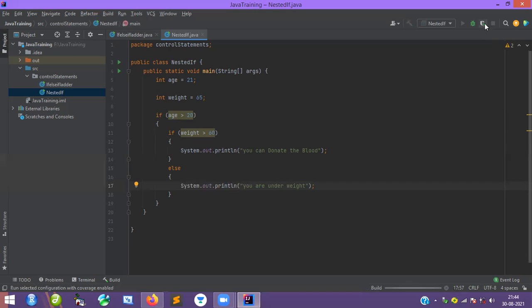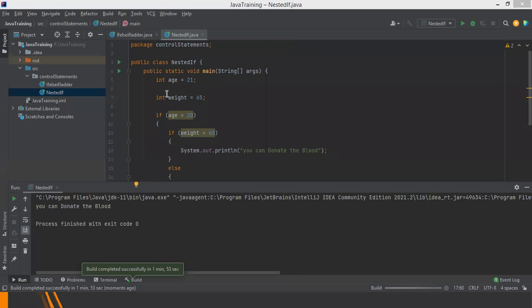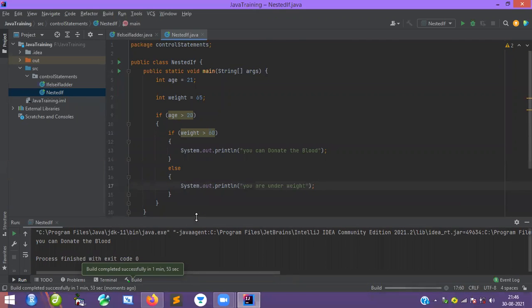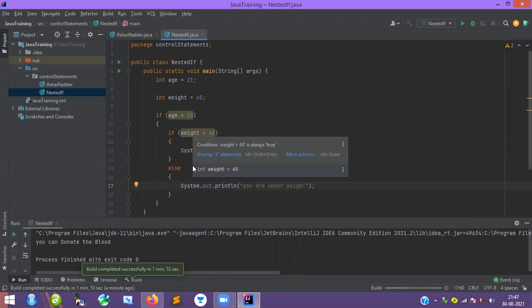Wait a minute. Now you can see we can donate the blood, because the reason is very simple. Age value is 21, that's why it's true, 21 is greater than 20. Come inside, go to the nested if. Here weight 65 is greater than 60. That's why it says that you can donate the blood.